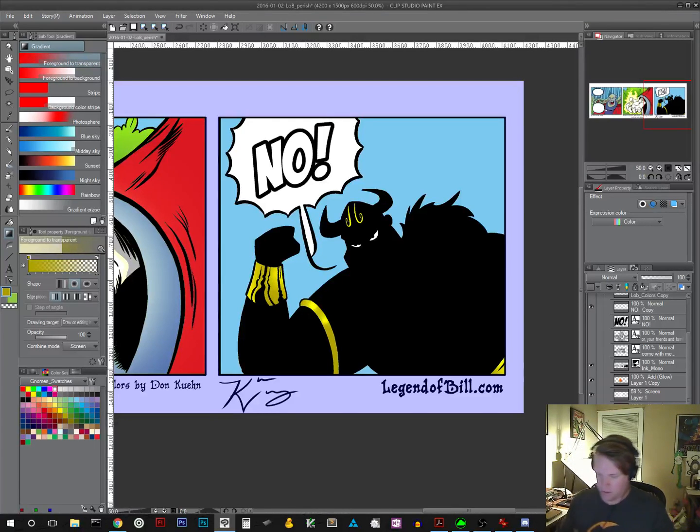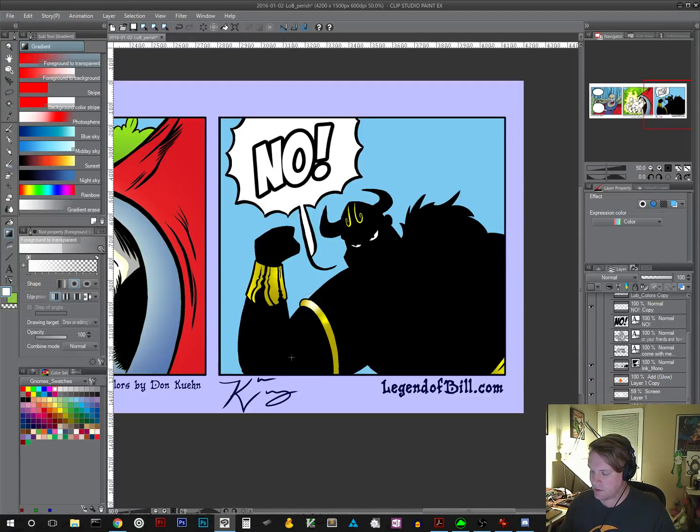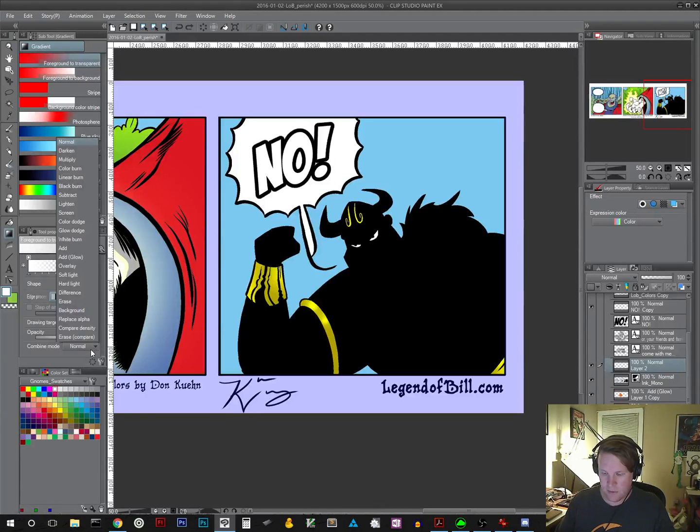What I'm going to do though is come back and make another layer and grab white and do sort of a bloomish. We're doing a screen, so a screen is sort of like adding. If you imagine these images as pixels, like a little square of color, what you're doing with a screen is adding the two together based on the RGB values of that pixel. So that's not going to work. If I do a multiply, it's not going to work either, because if white is 1 and black is 0, 1 times 0 is exactly 0. So I can come back with a normal though, and that should just lay on top of it like you would expect. Except for the fact that my ink layer is way up top. So just drop that up there. So then you kind of get a bloom, but that kind of looks crappy. So I'm going to see if maybe...